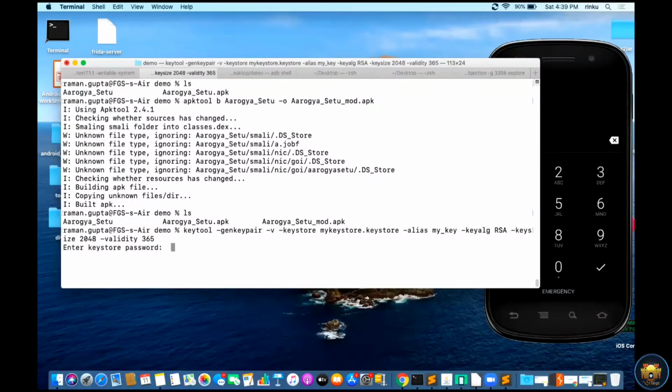After entering, it is asking for the keystore password. I give any password, anything you want.